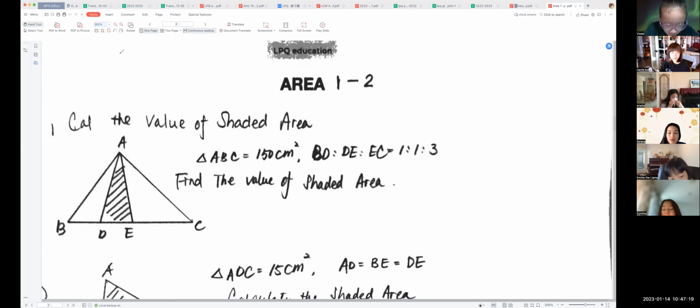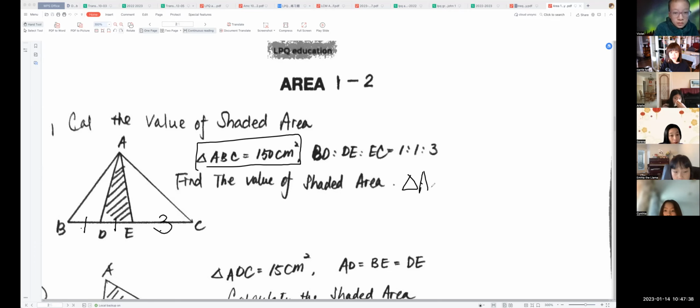OK, so let's take a look at this one. We want to calculate the value of the shaded area. So let's say we have ABC is 150 centimeters squared, the bigger triangle, and BD, DE, and EC are 1, 1, 3. And please find out what is the area of ADE. Okay, so shaded area. 太简单了，每个小朋友。